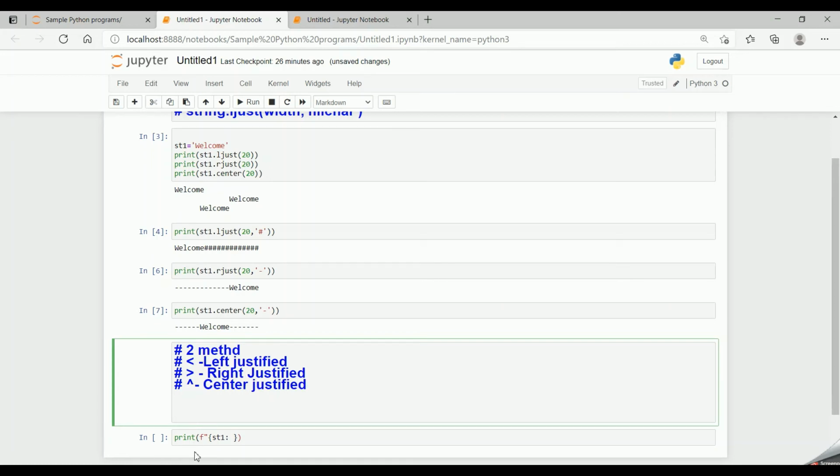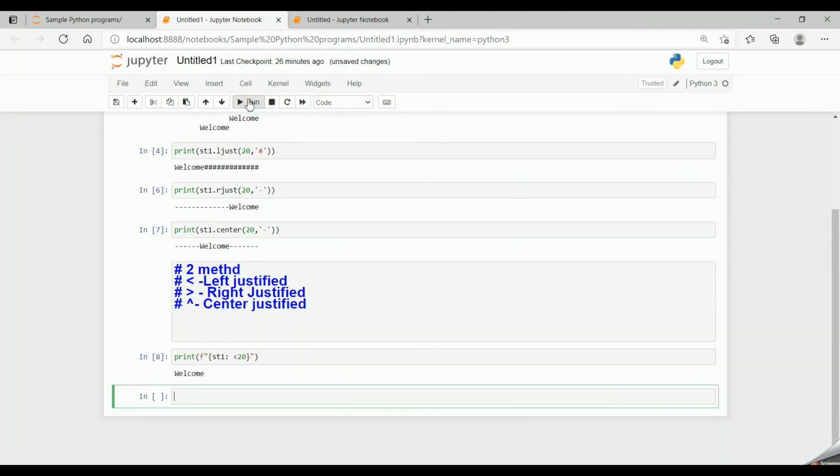This is the syntax: f, double quote, string, colon, and then you specify the alignment. For left justify I am giving lesser than 20, and I close my quotes. Now if I run the code, we see that welcome is left justified. Now let's try right justification.